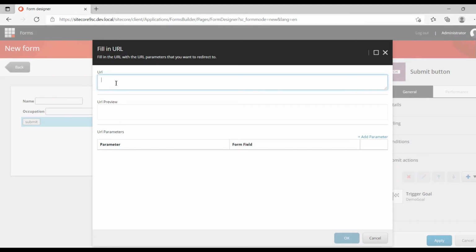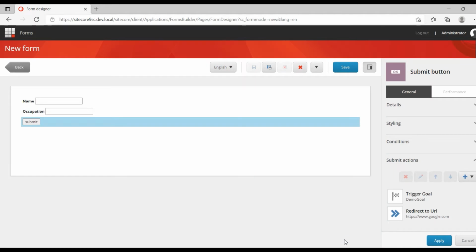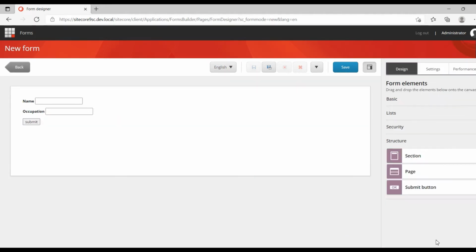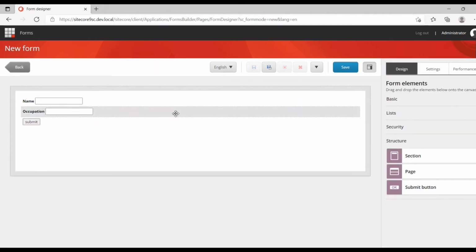Now the redirection URL is loaded, so I'm giving some URL. If we need some parameters, we can add the parameters as well, but currently I don't have any parameters. I'm just applying my form.